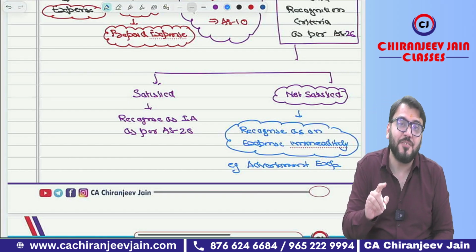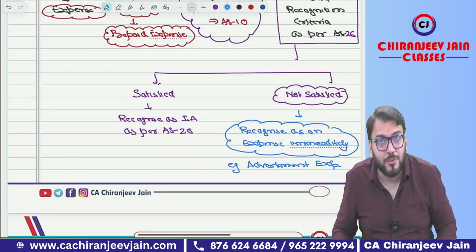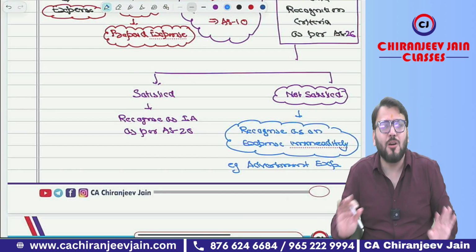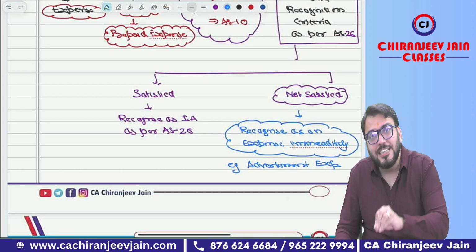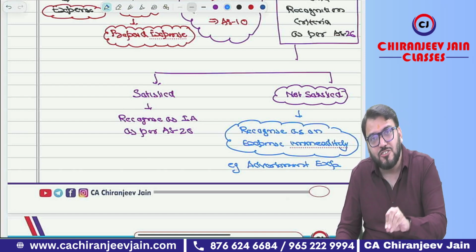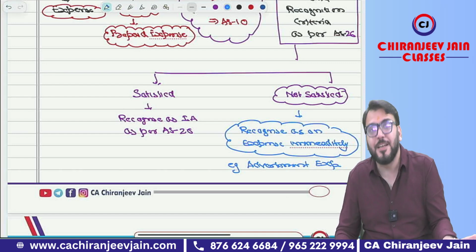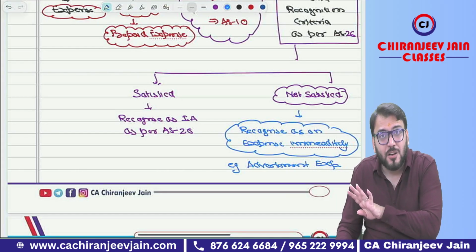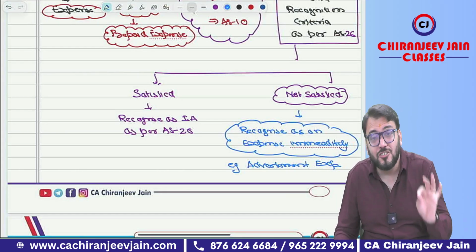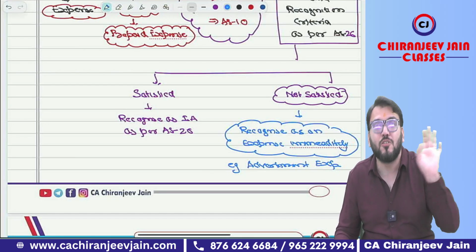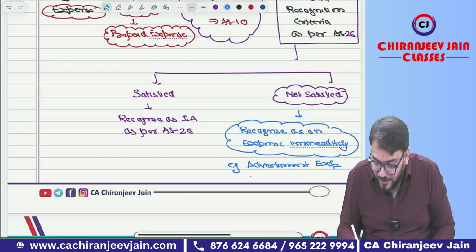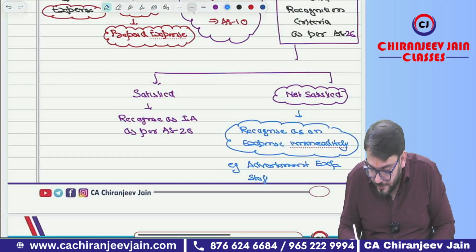Only to give one clarification, now there is no concept of deferred revenue expenditure. That is totally wrong. Now, if it is not meeting the definition of intangible asset, it will be charged to PL as an expense immediately. We can't defer it. We can't defer on any ground. It will be charged to PL as an expense in the year in which it is incurred, even though the amount is 1000 crore. Got this point right? On staff training